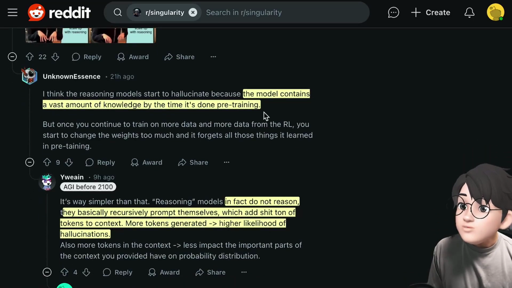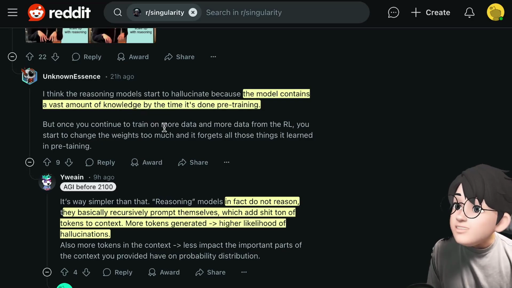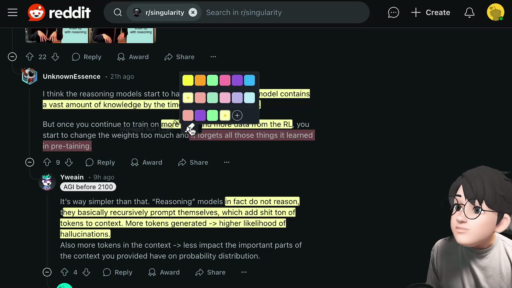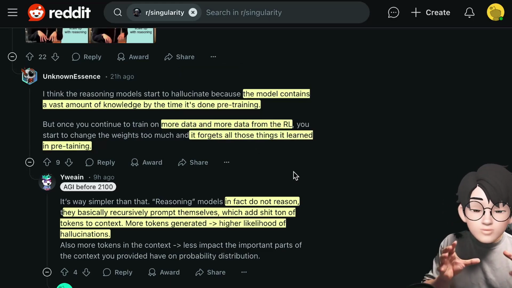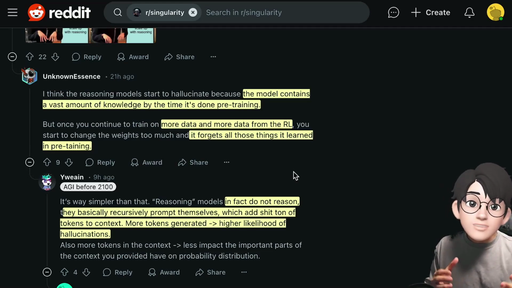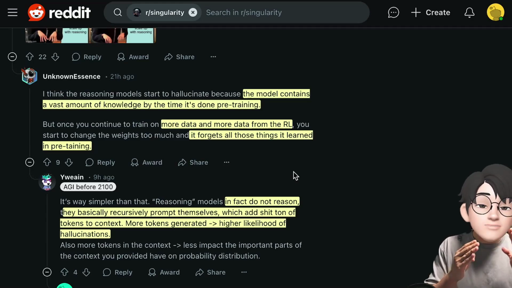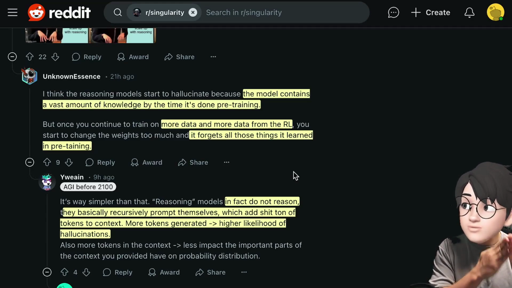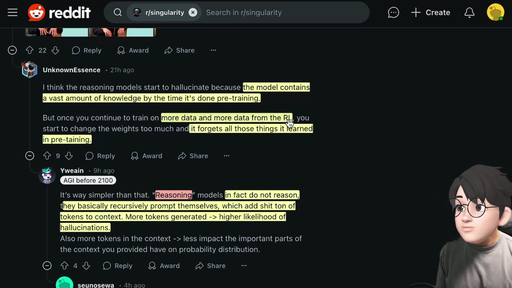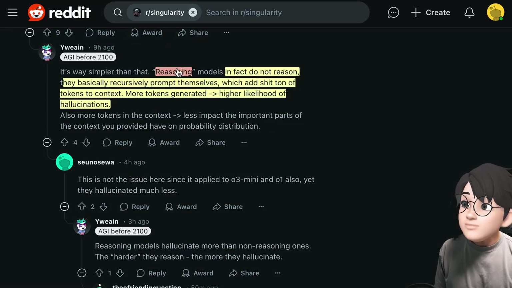They propose that while these models contain a wealth of information and knowledge, the extensive training with additional data and reinforcement learning might lead them to overlook what was learned in the initial training phase. Even though the accuracy was quite high during pre-training, continuous reinforcement learning might lead to forgetting previous information, resulting in responses that converge into a chaotic mix. This suggests that reasoning models are quite challenging. You can use benchmarks to boost performance, but in the end, the reasoning model is clearly defined here.